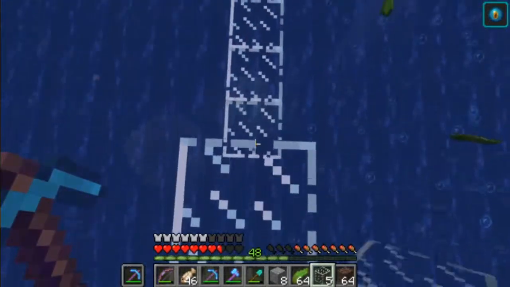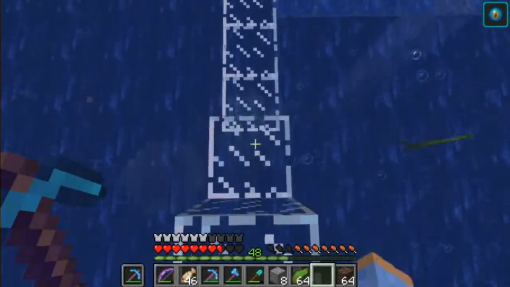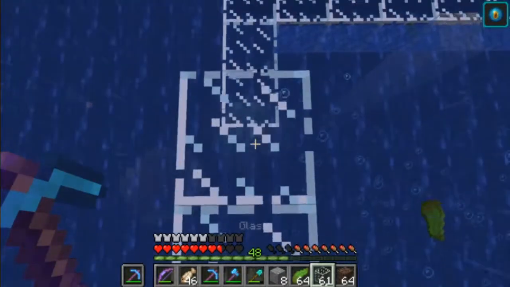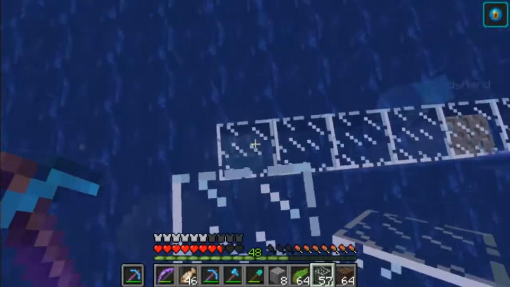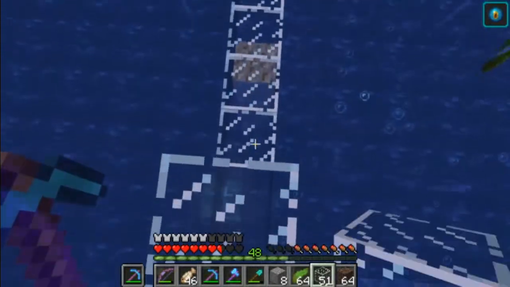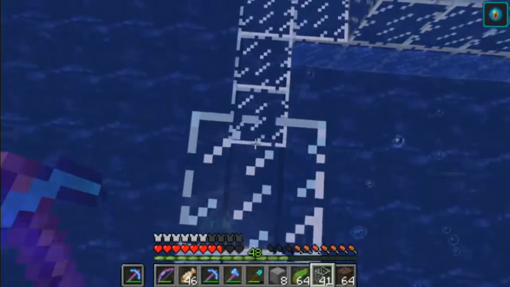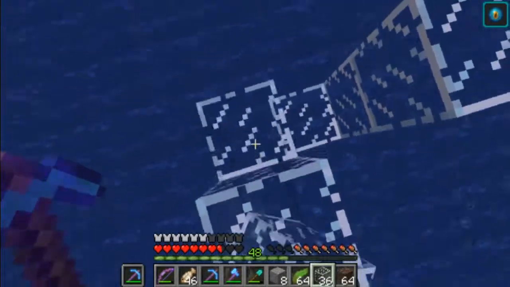I know most of the Trident farms you see, or drowned farms, send them into a nether portal, and then people will kill them in the nether. I am trying to do something different, that's kind of where I'm going. I'm combining them into